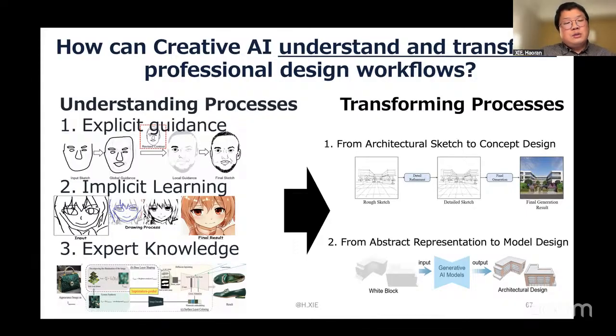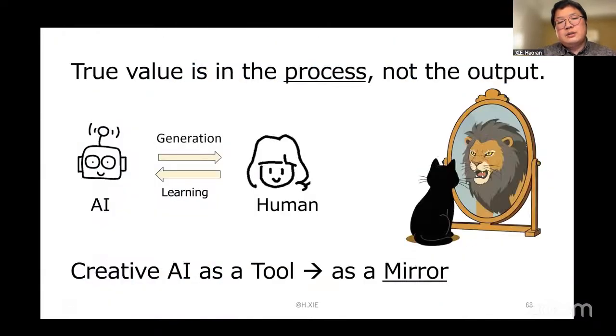We try to observe them and understand some patterns. We want the generative model to learn the processes from the different features. Based on the understanding of the process, we can transform the processes so they can be used for different professional design. Professional design can also help common users, but we focus more on how to help expert users get high quality results.